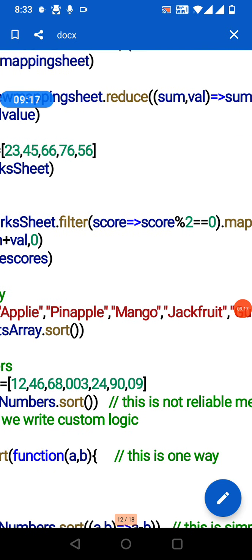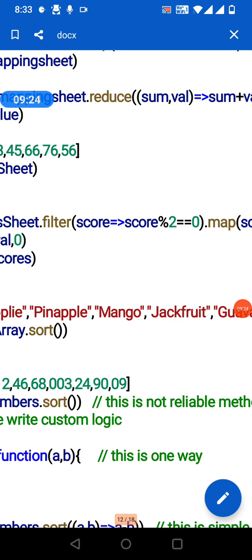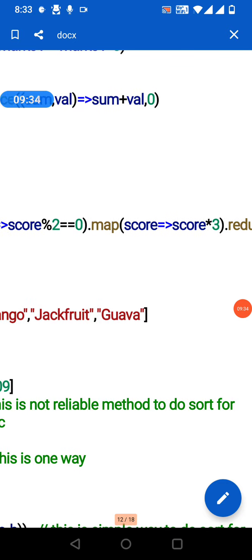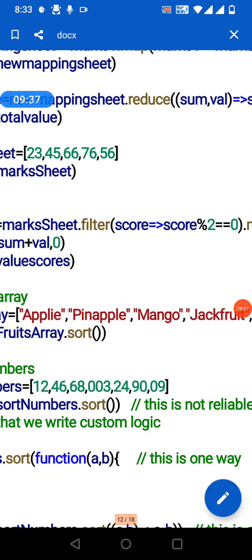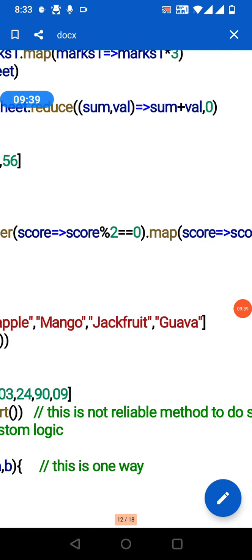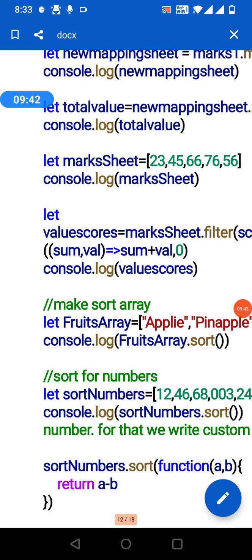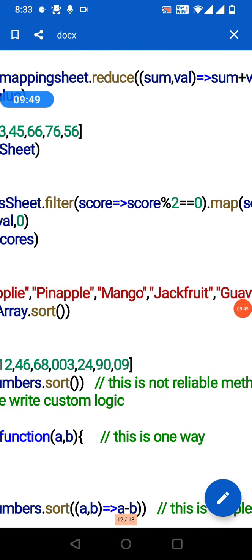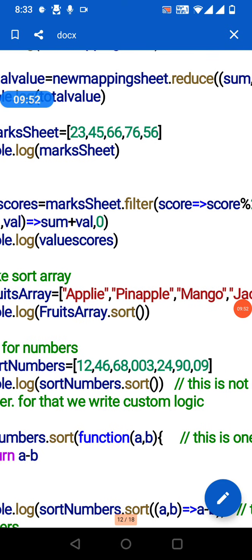First filter whether all the values satisfy the condition, like we take all the even values, and then those even values are multiplied with 3. Map of multiply with 3, those will be stored in the score, and then we do some operation, dot reduce, sum comma value equal to, so we are adding those values. So we can do all operations in a single line also: filter.map.reduce.